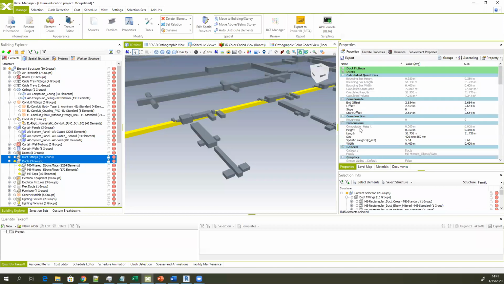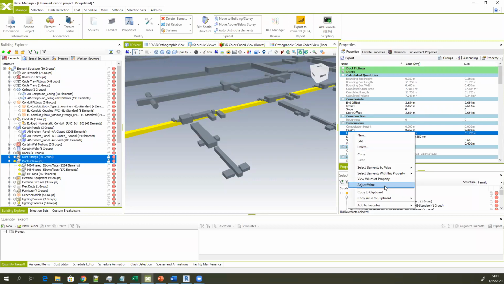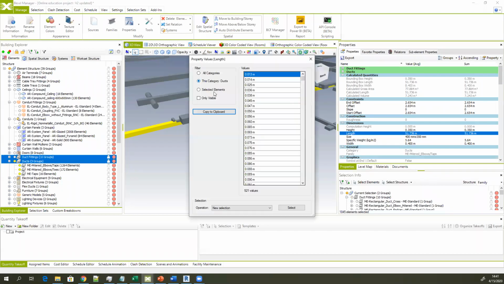So in this case, if we want to see the length property and value of this property for the entire project, we can easily do that just by right-clicking on the selected property and using the option view values of the property. So now the system will list all available values for the length of the selected category of the elements,